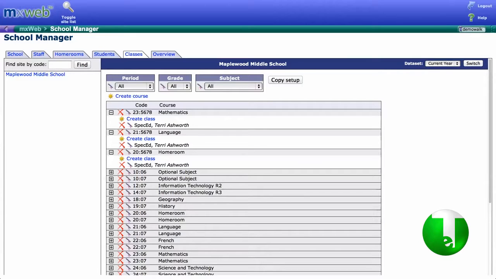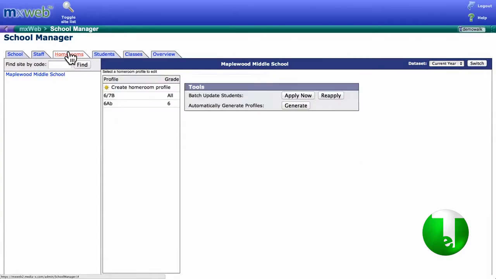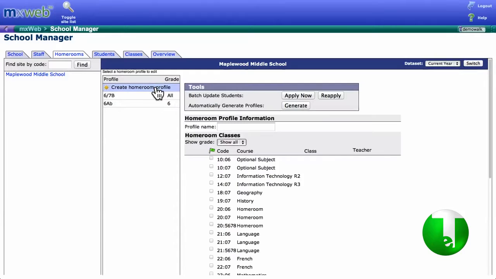So we're going to go into our Homeroom tab, and we're going to create our first profile. So we'll click the Create Homeroom Profile. We will give it the name of